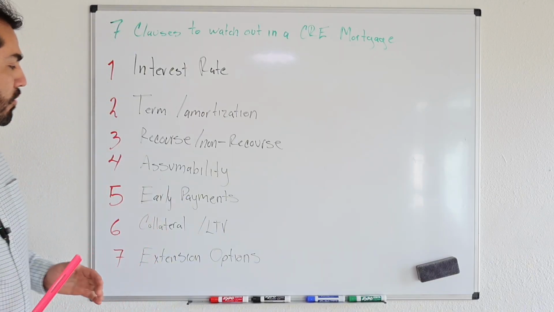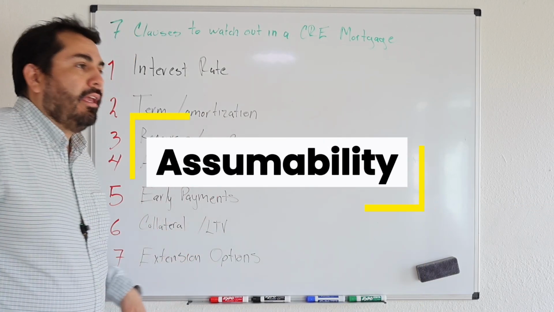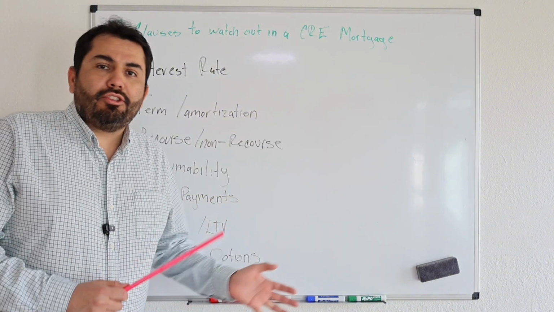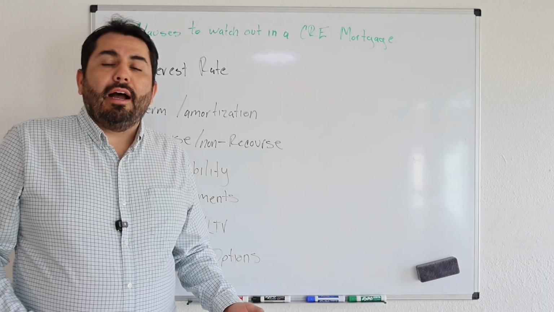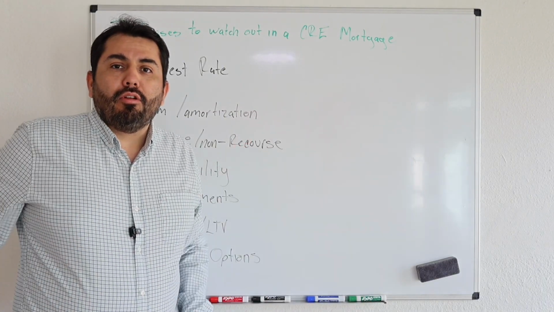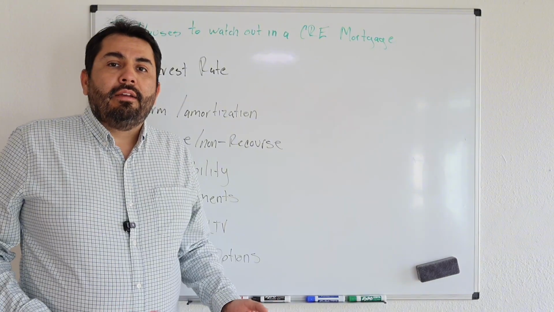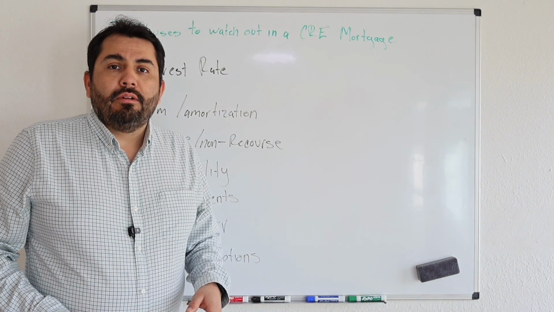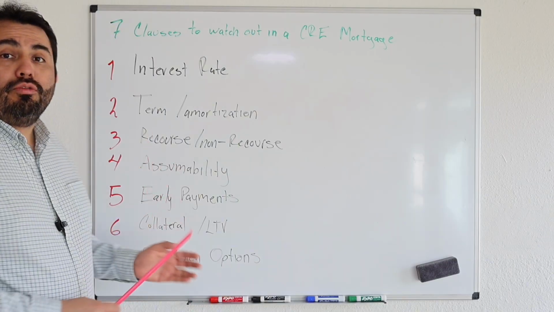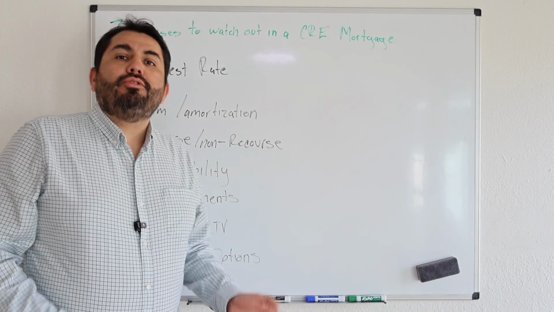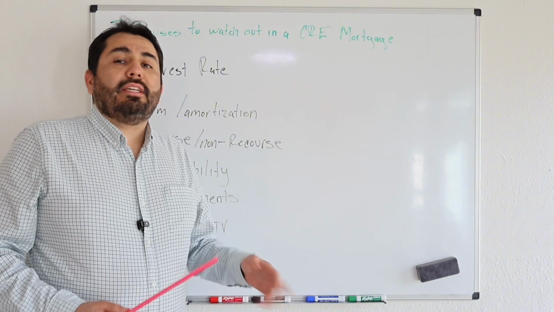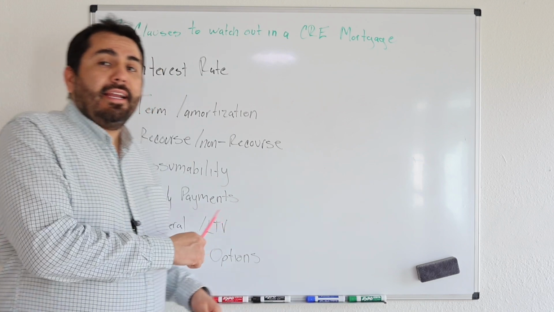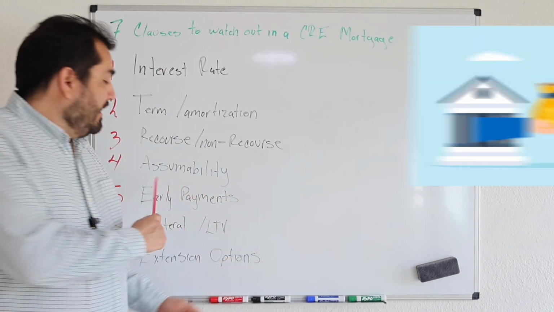Okay, so the fourth thing is assumability. What does that mean? Usually investors think assumability has to do with the bank, if they can sell the loan. That's not the thing. This is for the person that owes the bank. If you have an assumable loan, that means if you sell that property, the new buyer of the property can assume that loan. Okay, so this is a good thing